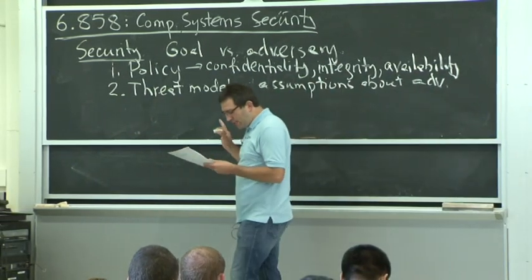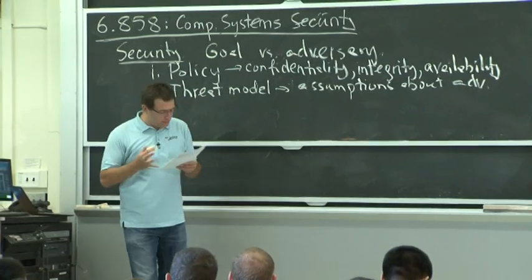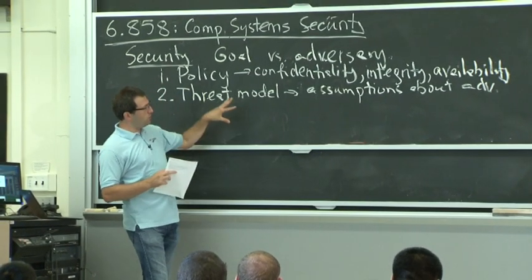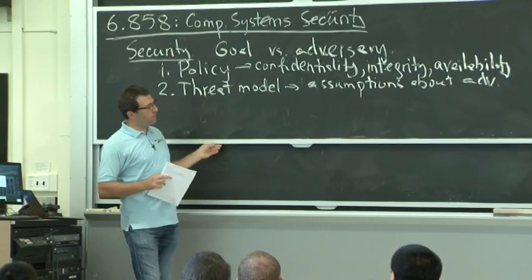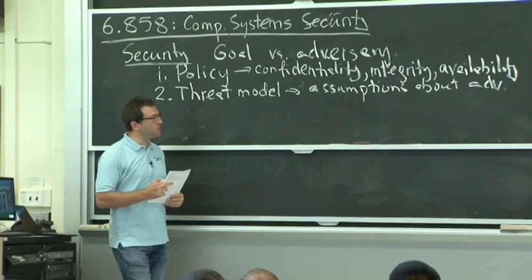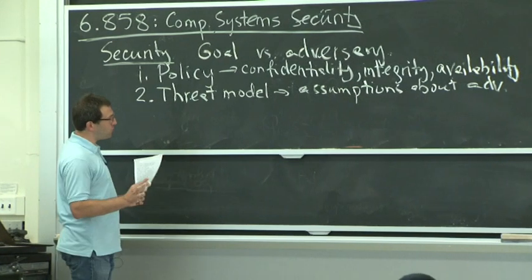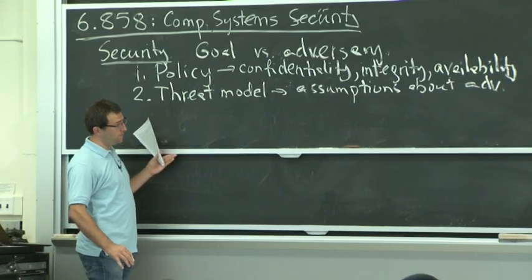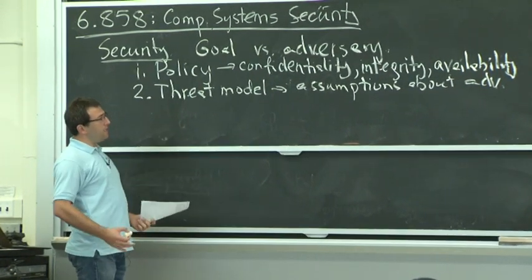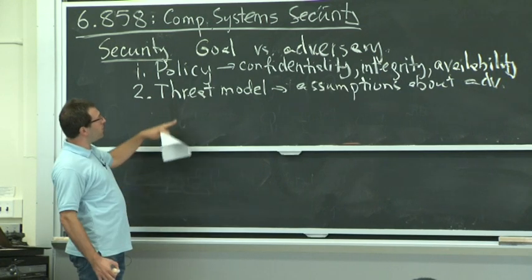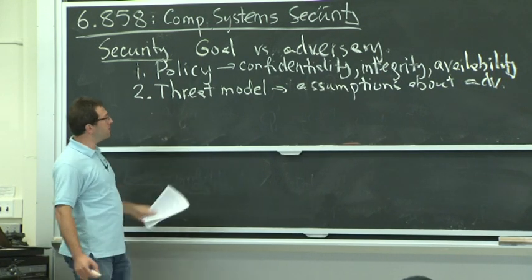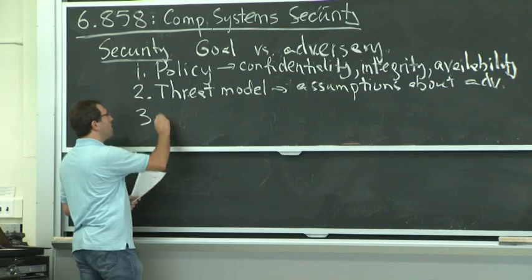It turns out that this is actually quite tricky to come up with, but one general rule is it's much better to err on the side of caution and being conservative in picking your threat model, because the bad guy might always surprise you in terms of what they might be able to do in practice. And finally, in order to achieve our goal under these set of assumptions, we're going to look at some mechanism.